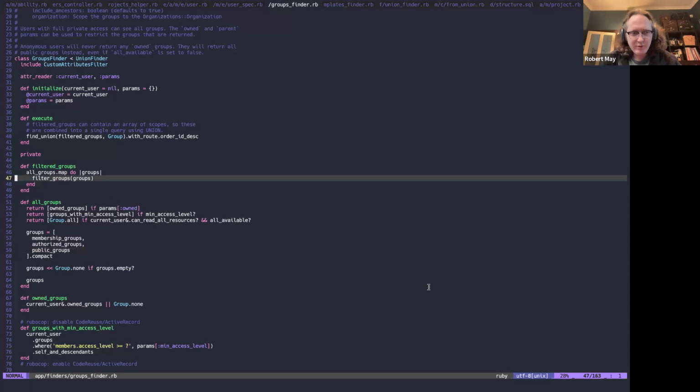What this all groups thing does is it returns an array of scopes. The array of scopes, oh sorry, is there a chat message? Okay. See you. So the array of scopes